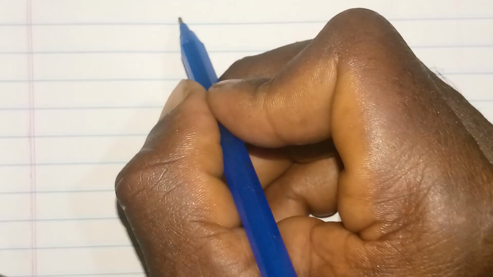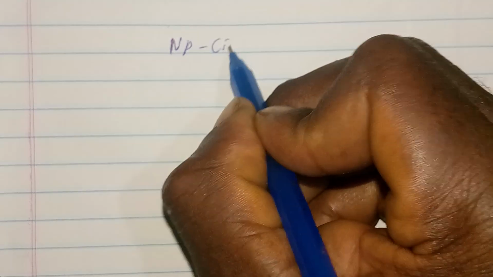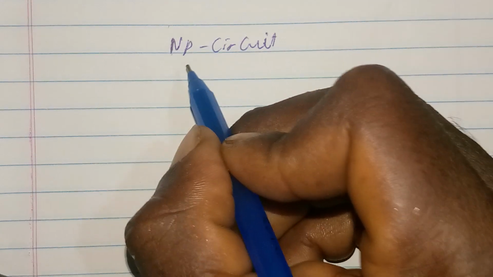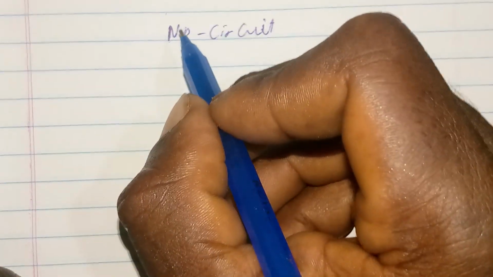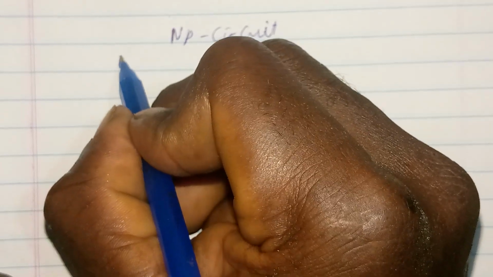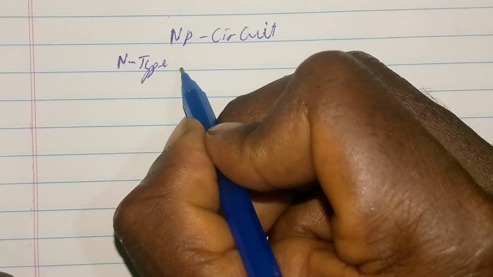As you can see, this is the theory aspect. In this video, we are going to talk about the NP circuit. What I mean by the NP circuit is that N is the N-type transistor